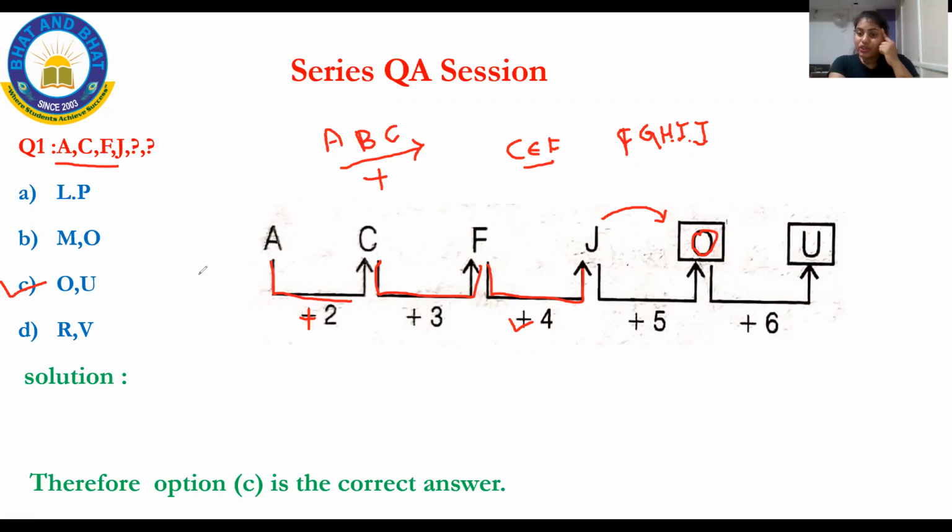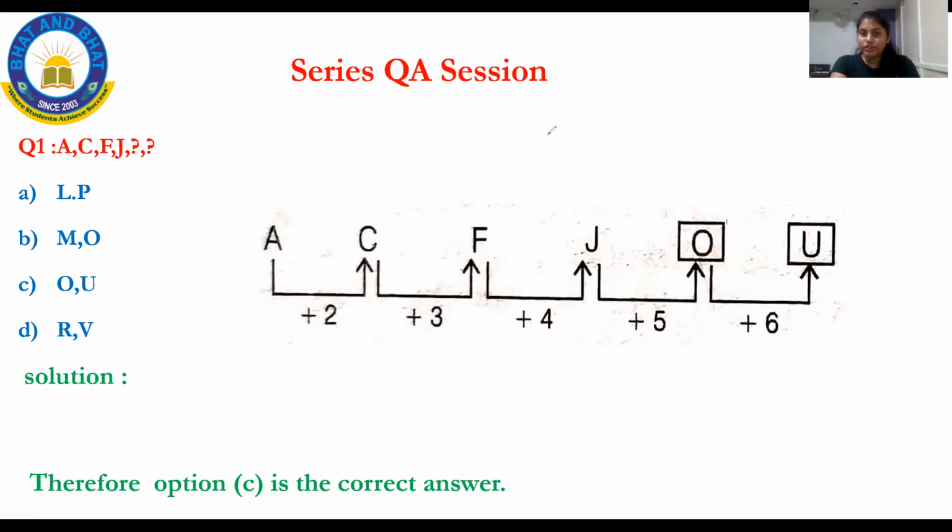What is the logic you have here? You have a logic of +2, 3, 4, 5. Students, keep in mind, you may ask now, ma'am, how to find that out. See, J to O, you have to find out. You have to write all the letters: J, K, L, M, N, O. So you have to count how many letters are there: 1, 2, 3, 4, 5, 6.